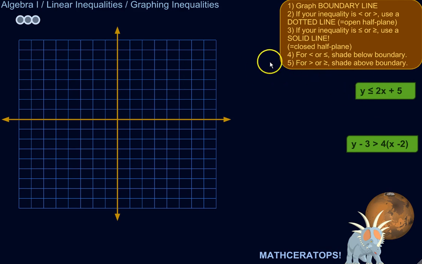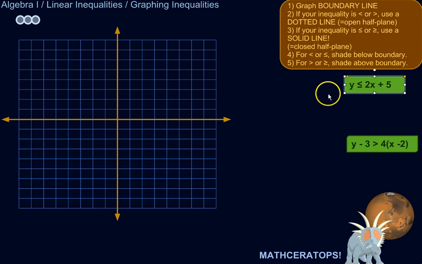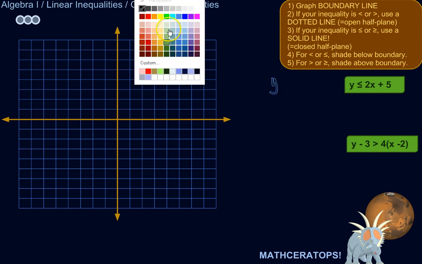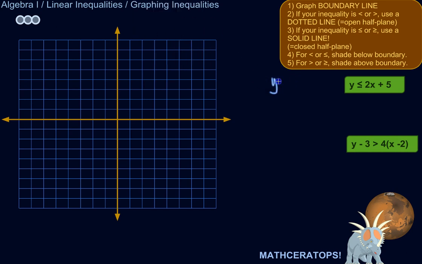So let's graph it. The first step would be to graph your boundary line, and to do that, you just pretend that this is your run-of-the-mill linear equation. So instead of y is less than or equal to 2x plus 5, you would just pretend in your mind that it's y equals 2x plus 5. That's in the slope-intercept form of an equation. So you know that the slope is 2,